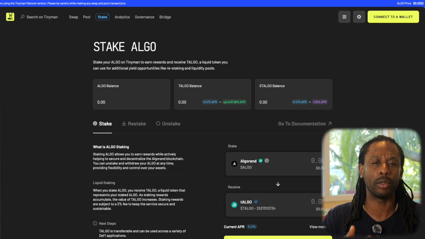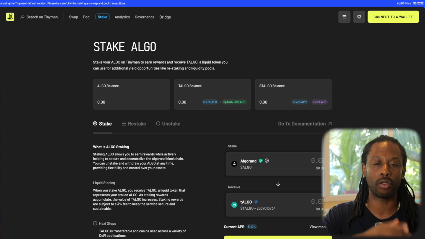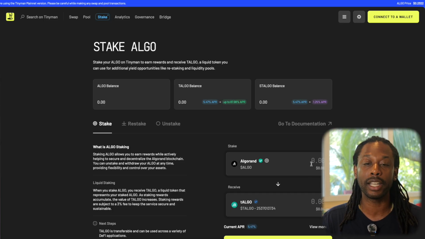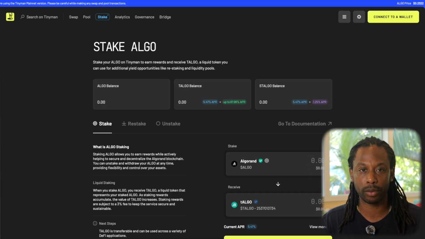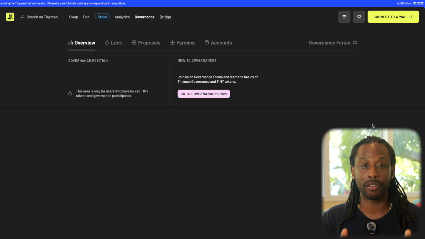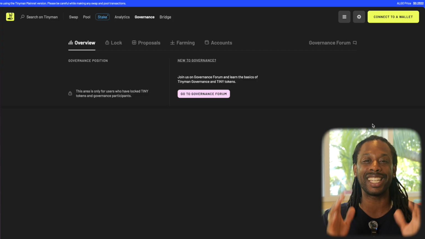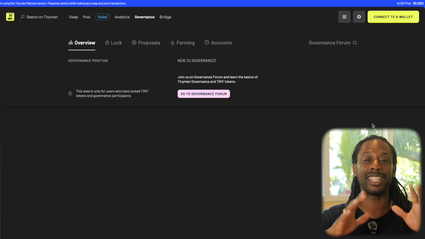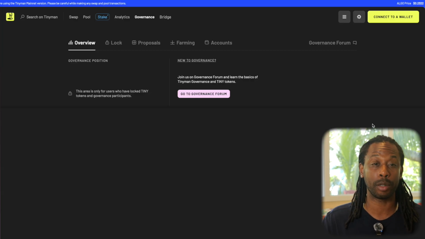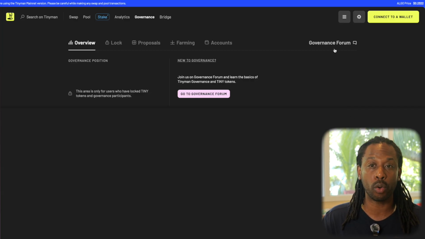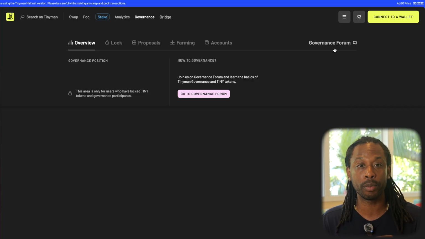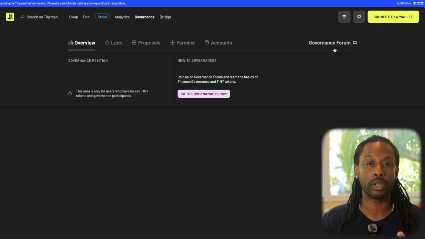So this is very similar to the X algo on FolksFinance. You stake and then you receive T-algo. And finally, we have the governance tab. This is the Tinyman token, which is the governance token for the Tinyman platform. If you want to learn more, click Governance Forum and you can learn all about what you can do with